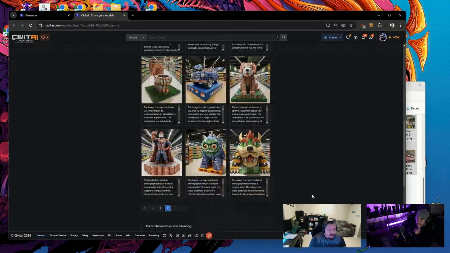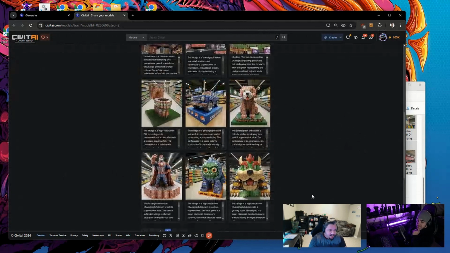Scrolling through, there is one issue with this model that I've realized too late, and I will go over the lessons learned from this one when we put it live. One of them is that there's, I think, 2 or 3 pictures of Bowser in here, and they have noses. So now if I make a picture using the model with Bowser in it, it will give him a black nose.